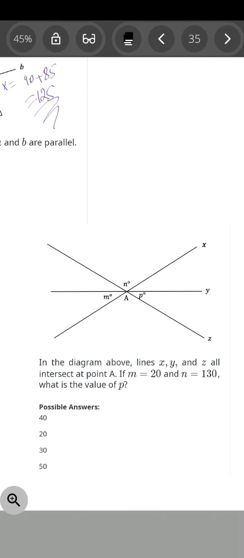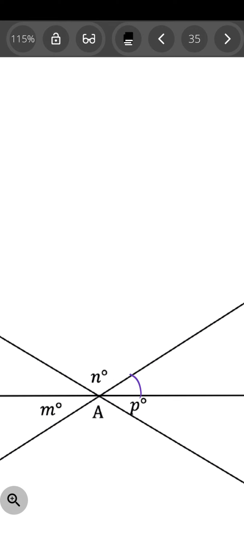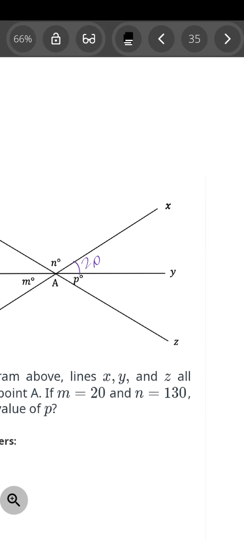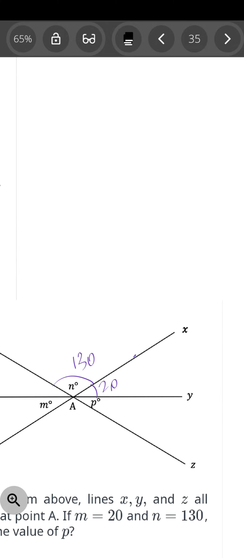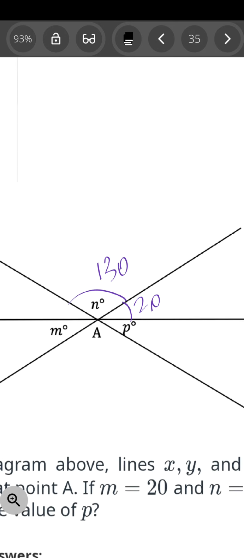And our last question is: in the diagram above, lines x, y, and z all intersect at point A. If m is equal to 20 and n is equal to 130, what's the value of p? If the angle m is equal to 20 degrees, the vertical angles are equal, so this angle must be equal to 20 degrees. And according to the condition of this question, the angle n is equal to 130. And we know that a straight angle is the angle whose measure is equal to 180 degrees. So we can write